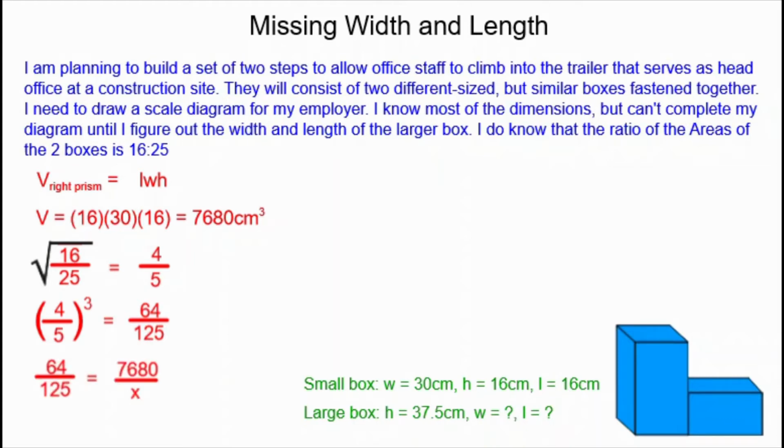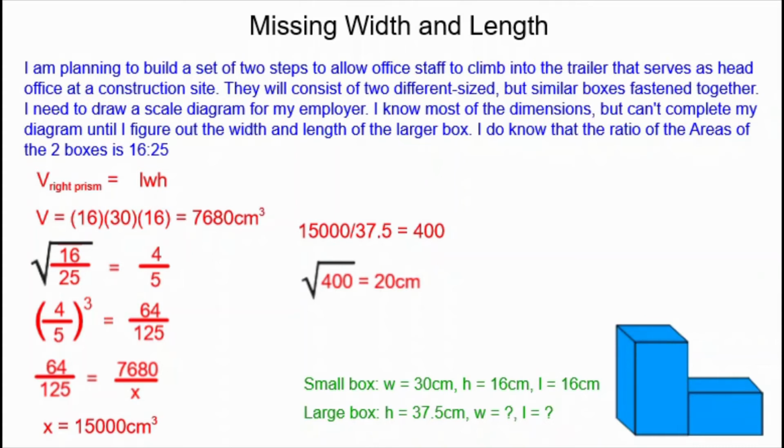I can use that in a proportion with the volume of the smaller box, which I have plugged in, and solve for the volume of the larger box. I get a volume of 15,000 centimeters cubed. Then if I divide that by the height that I know from the larger box, I get an area of the base of 400 centimeters squared. I square root that, and I can see that the width and the length are both going to be 20